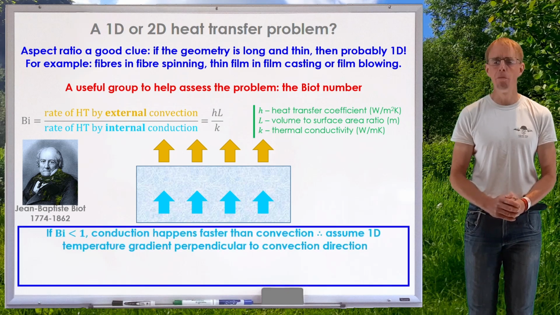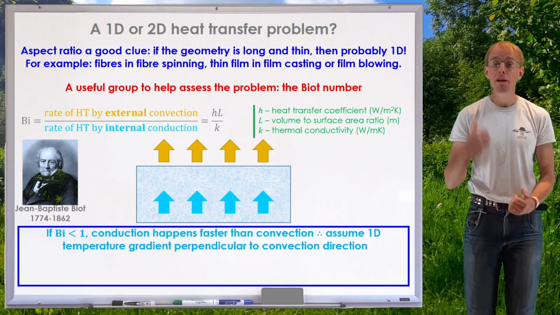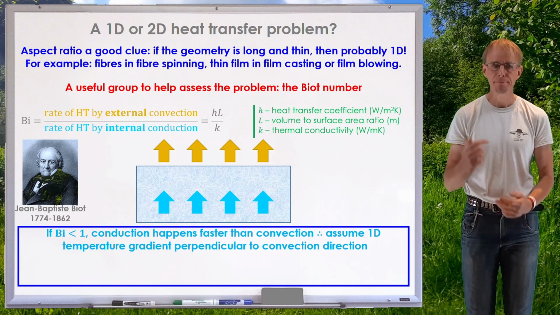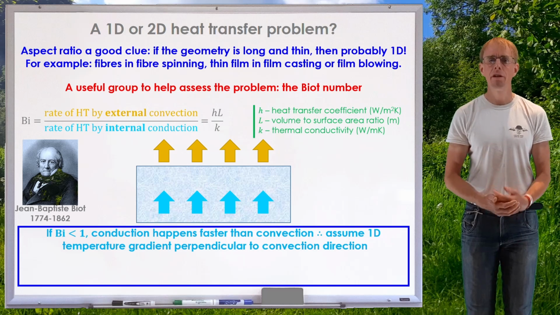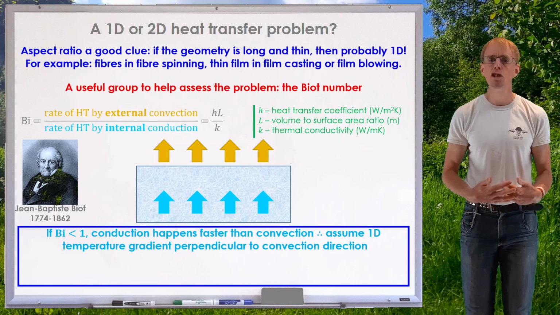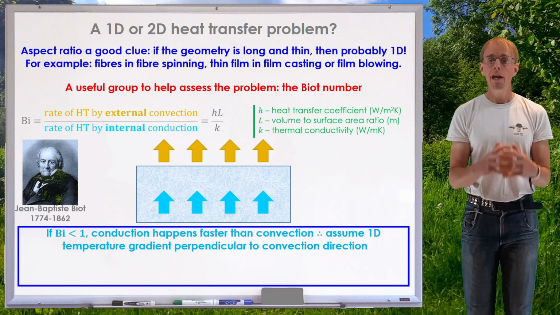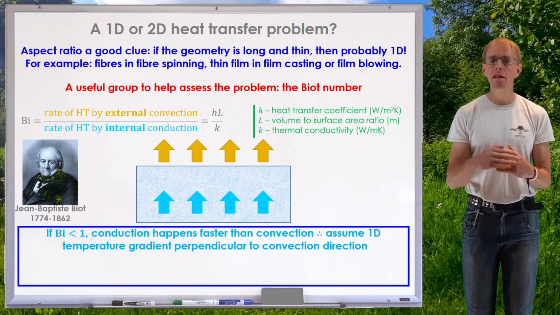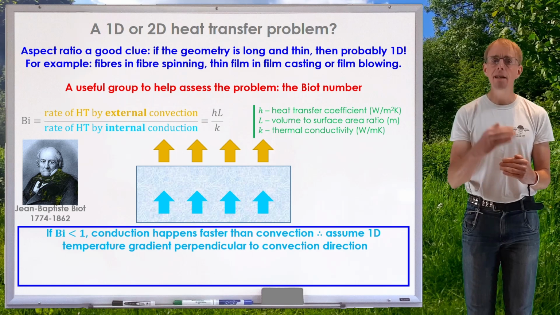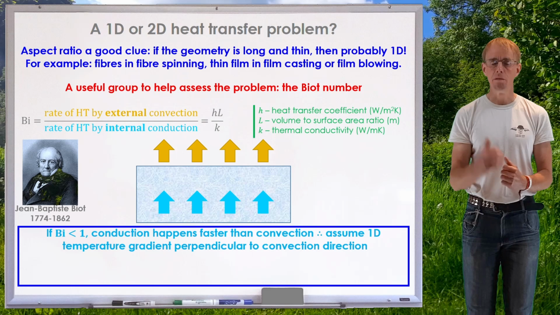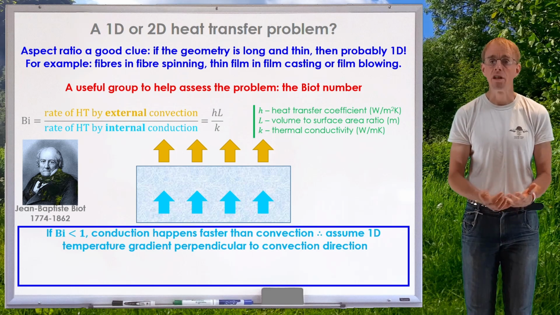Now, if conduction dominates a problem, what might make conduction dominate? If I've got a high thermal conductivity, if this is a metal, let's say, then conduction is going to happen quickly. Which means that if there's a temperature imbalance, the energy flow to equilibrate that is going to be fast. If that happens faster than heat can leave the surface by convection, then in that direction of conduction, in the direction of the blue arrows on the board, there's unlikely to be a temperature gradient, or a significant temperature gradient